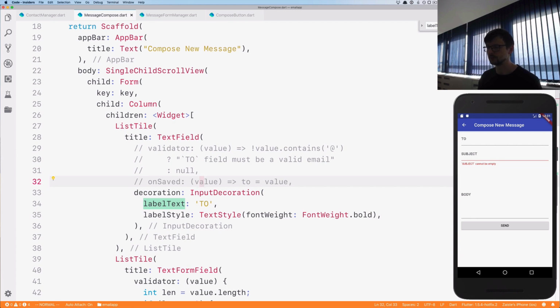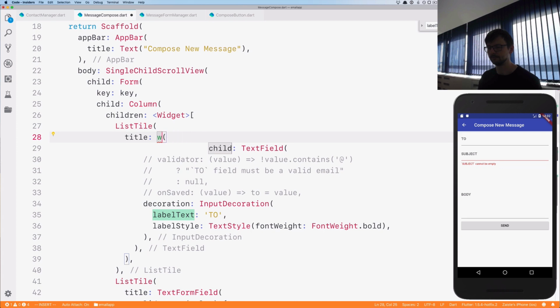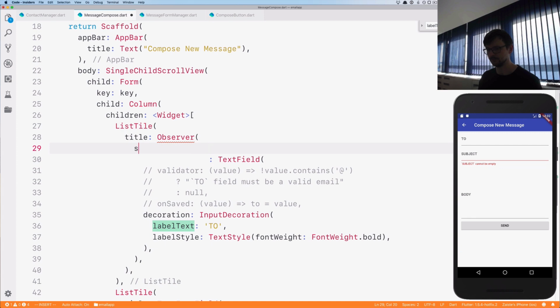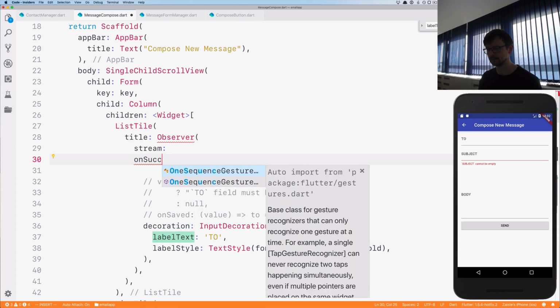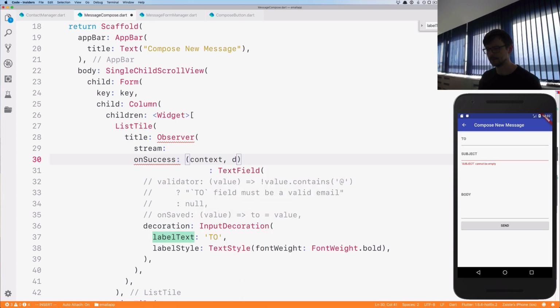And we will try to do that, and then it's up to you to decide if you prefer this or the reactive approach. So we changed text form field to text field because we don't need all those additional things. And what we need to do now, we need to wrap this field into our observer. Like that, and we need a stream, and we need on success, context, data,